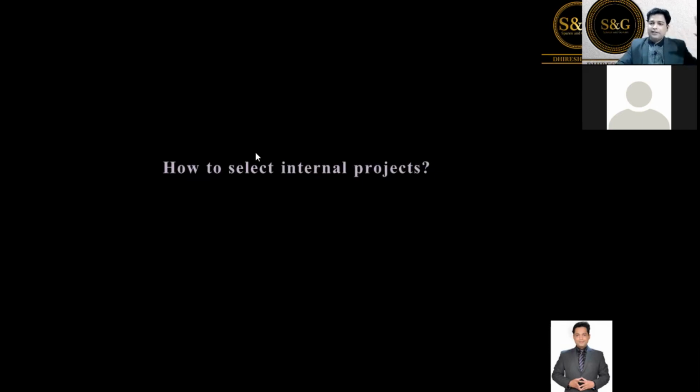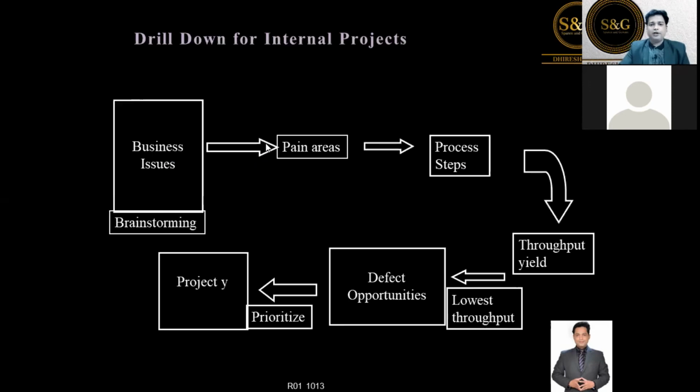That was external, coming from the market, from the customer, where you identify the project. Now what is an internal project? This is the process of identifying the internal project. You sit with the top management in the boardroom. We bring all the HODs and seat them, and then we brainstorm on the business issues. We come with the data, and then we identify the pain areas. We generally do this in a project identification workshop. Then we identify the pain areas, and in which process step that pain area lies.